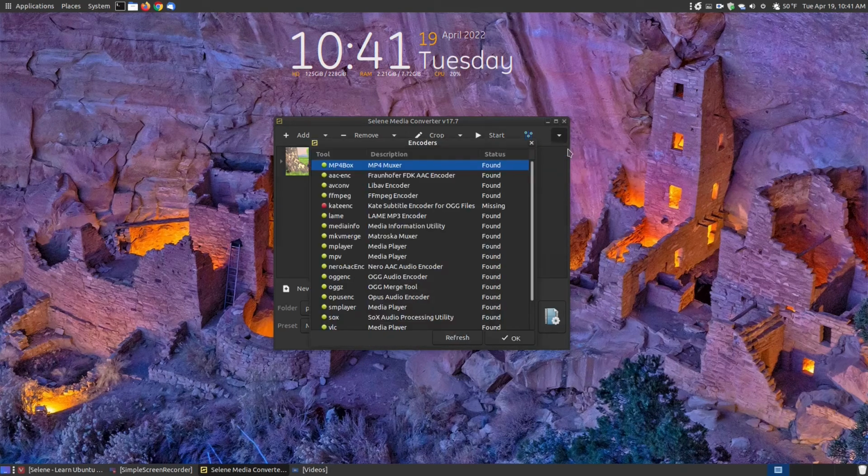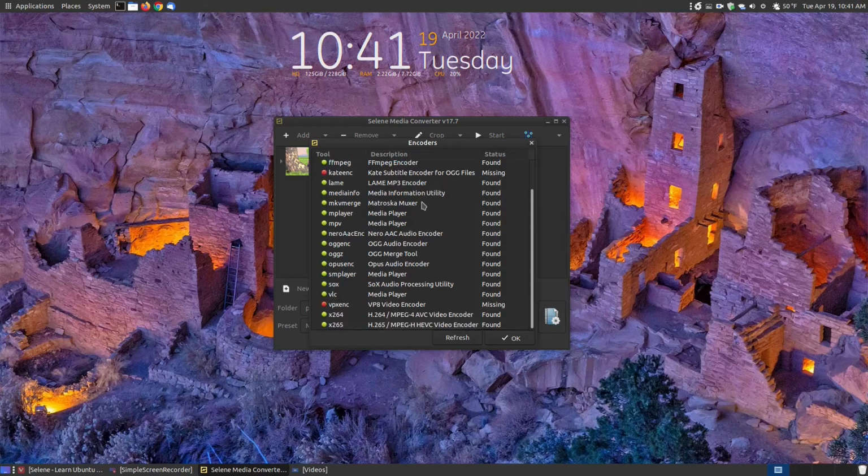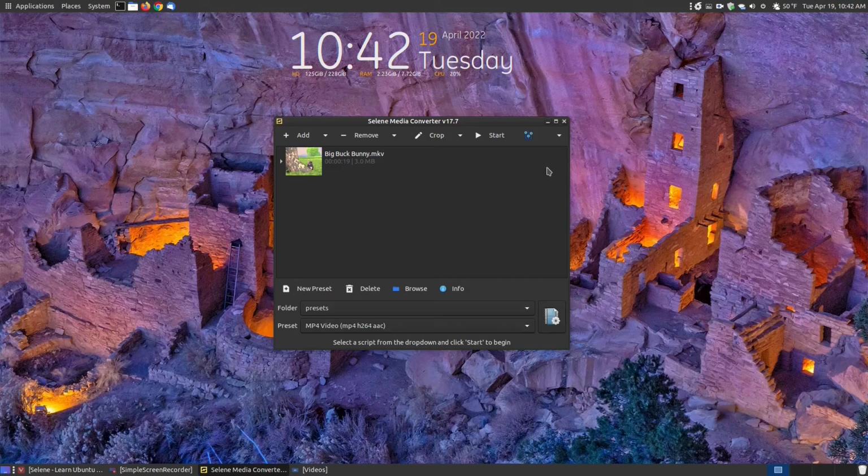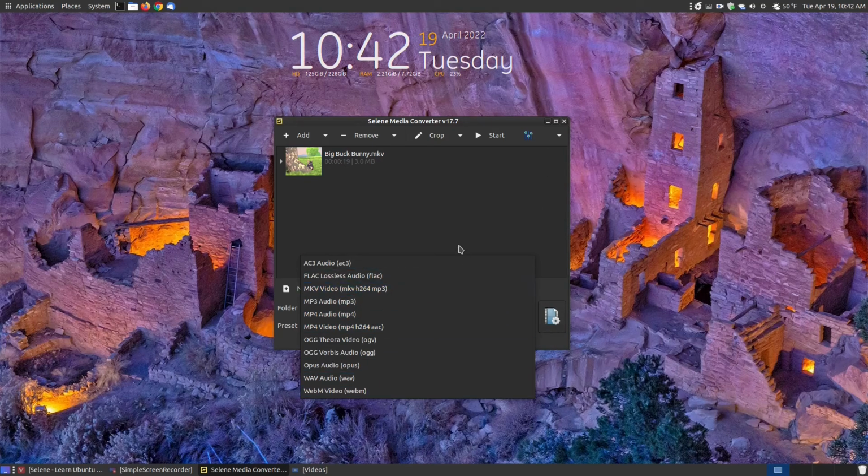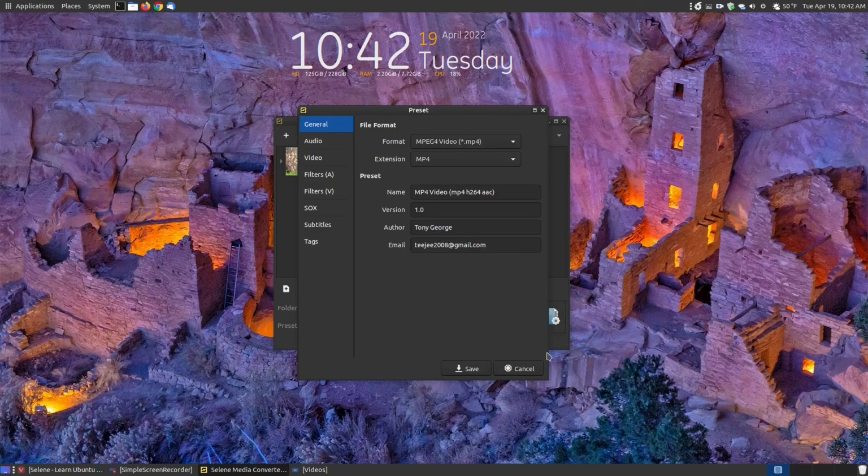If you go here, you can go to Information, and this shows you the encoders that are installed on your system. I'm just missing 2 that's on their list. You don't have to have all the encoders for it to work. Here's the different presets you have, and here is where you can change your presets, like the formats, the MP4